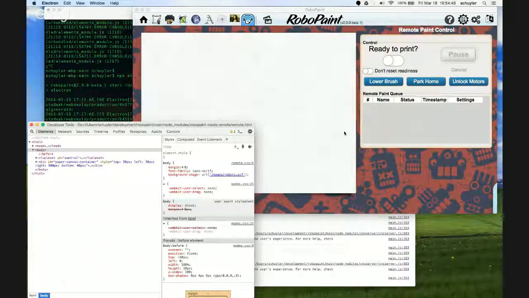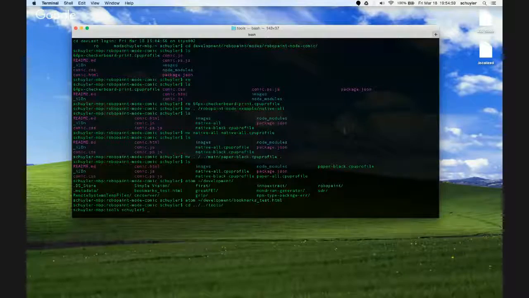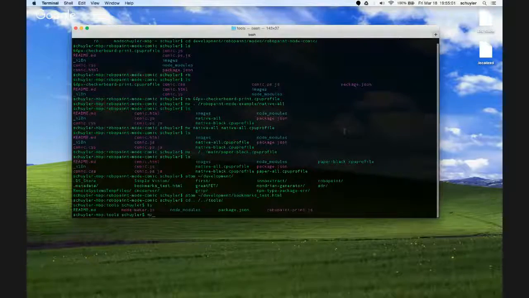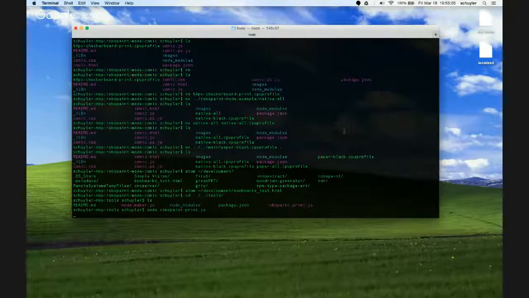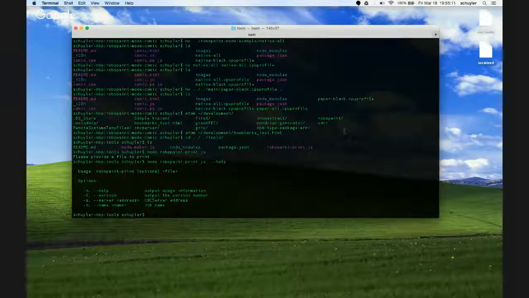I guess there's a wonderful tool called Postman that you can use to test APIs and stuff. So if you use RoboPaint Remote Print, the way it works is it's a terminal command line thing. You run it, it'll give you the helpful help thing. You really just specify, here's a file to print. So if I do, let's see, main, or modes,